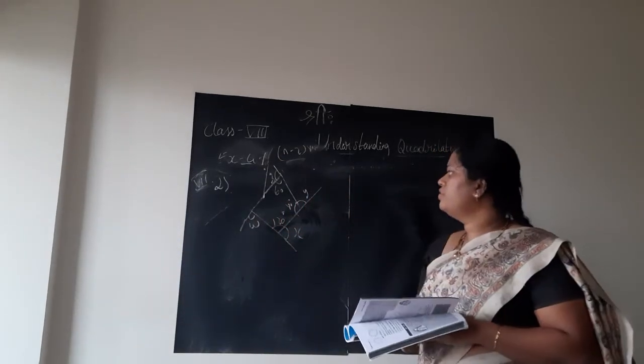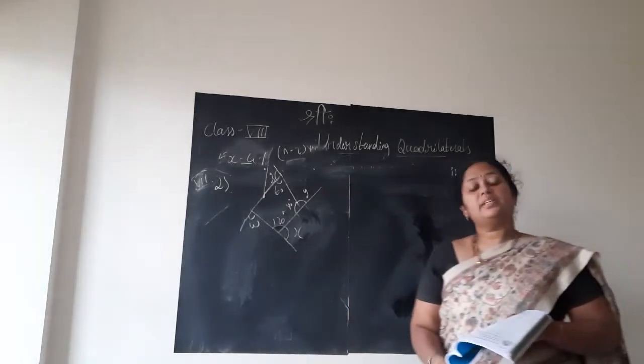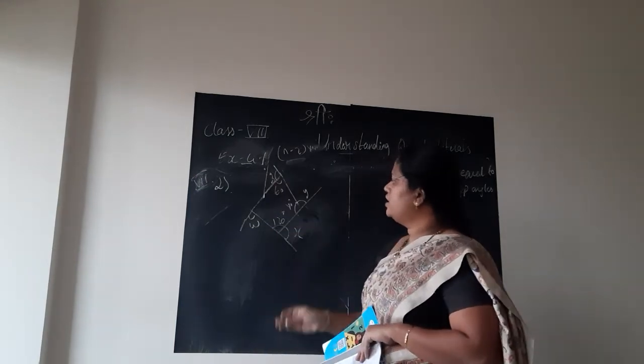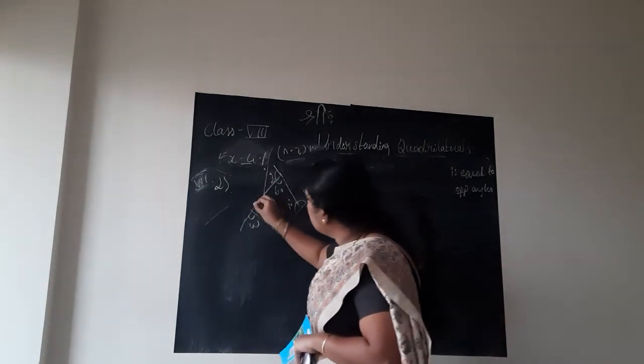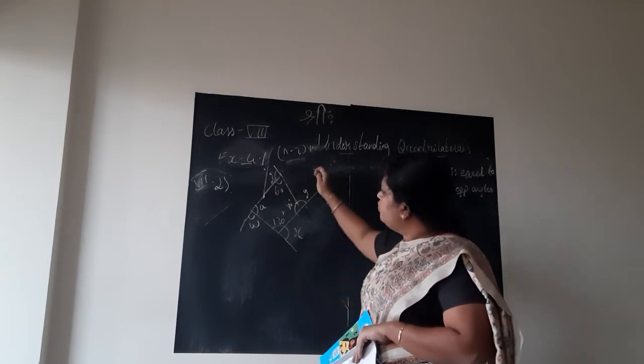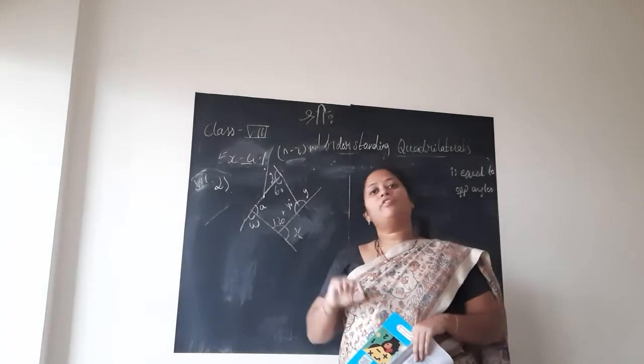So this is the figure, children. Here they are asking us to find the sum of x plus y plus z plus w. All the four angles here are exterior angles if you observe. We don't know this angle, so I will label it as angle A. Now, for finding out angle x, y and z, we can use the concept of linear pair.